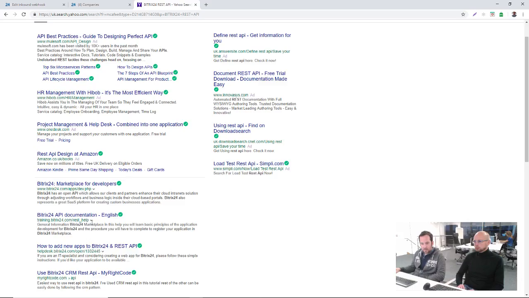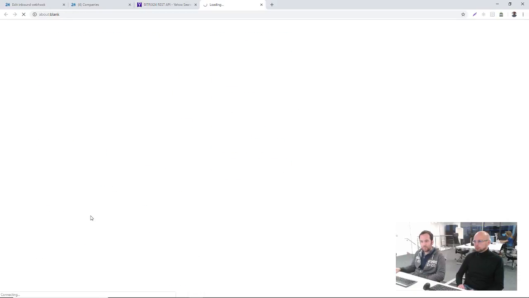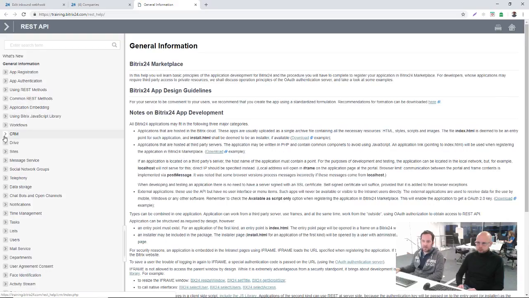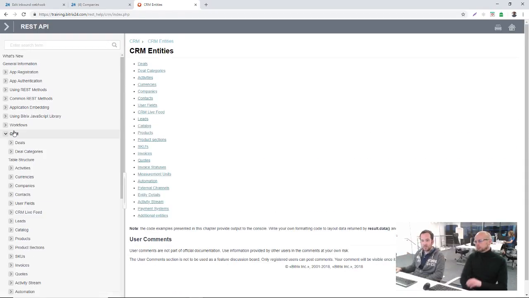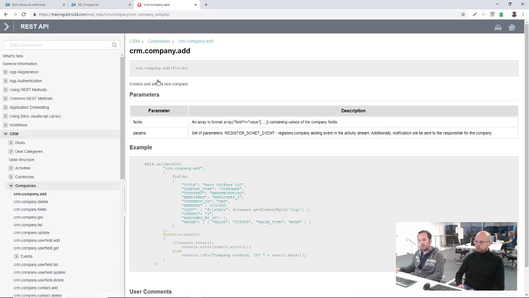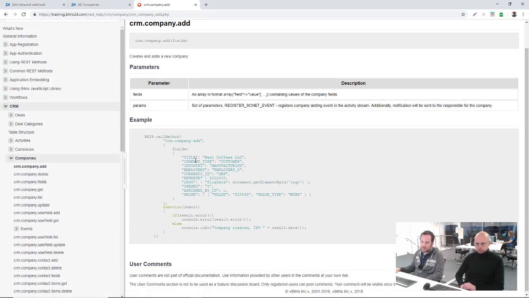So if we're wanting to add a new company as an example, we need to go into the left hand side, we need to go to CRM. This is all the information with regards to the REST API of Bitrix and the functions that you can use. So what we're going to do is look into companies, and you can see here all the different methods. Add is the one we're going to use in a moment, but you can delete, you can update existing records. So all you would need to do is click on company, add, and you can see here